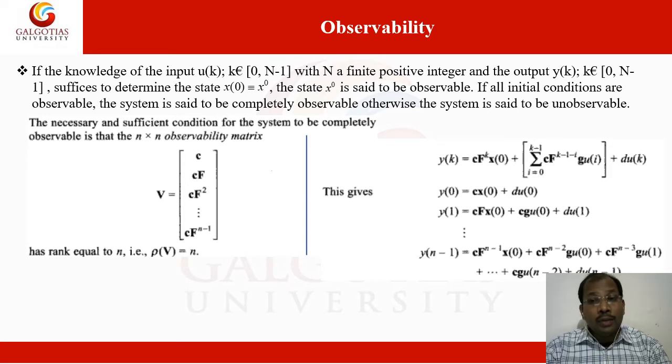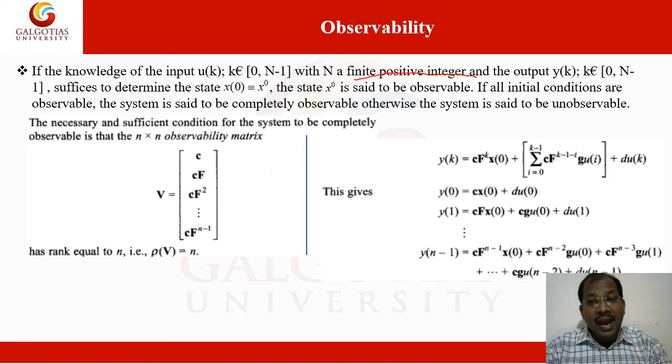If the knowledge of the input u k, where k starts from 0 to n minus 1, with n a finite positive integer, and the output y k with a finite integer value from 0 to n minus 1 is sufficient to determine all states of x naught, then the state x naught is said to be observable. So for a sufficient input